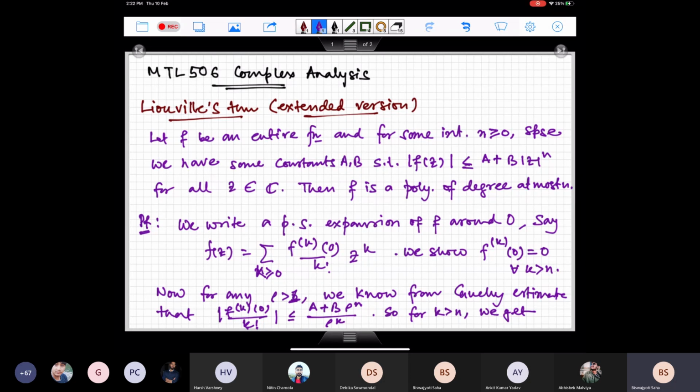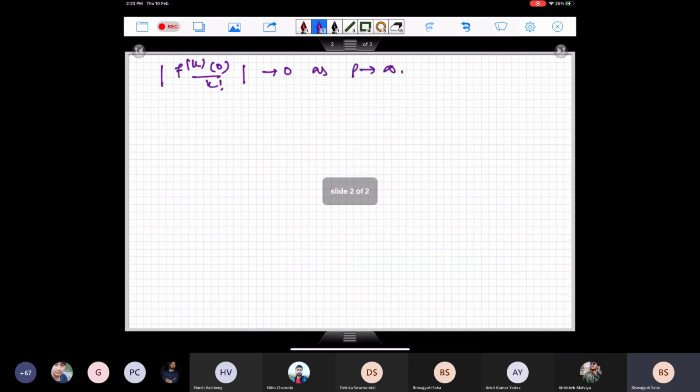But this is a legitimate complex number, so it must be equal to 0. It can't be non-zero because then the absolute value will be positive. So we have f^(k)(0) divided by k factorial is equal to 0 for all k bigger than n. Hence,